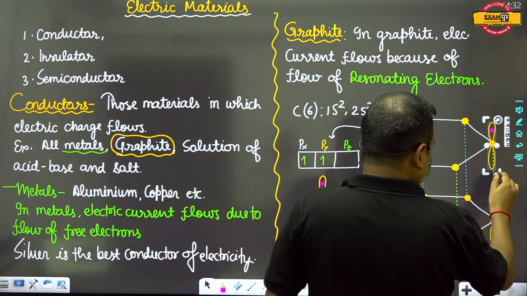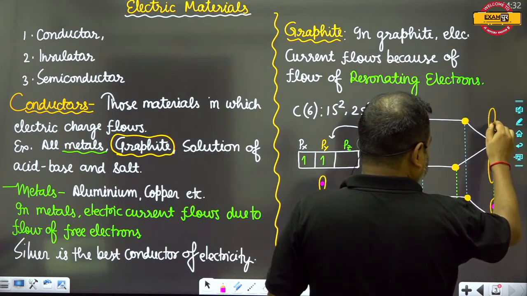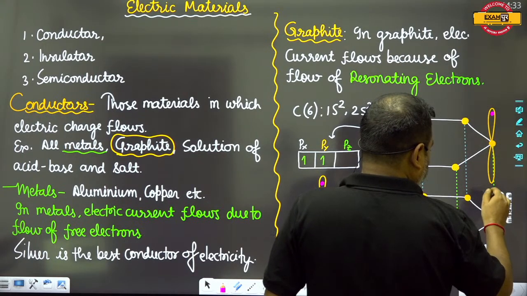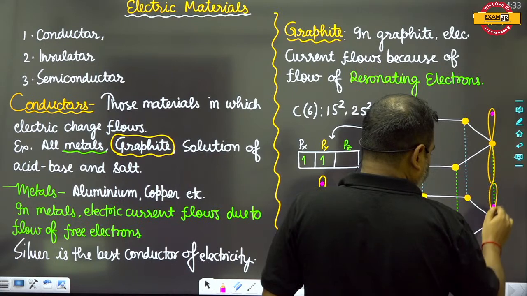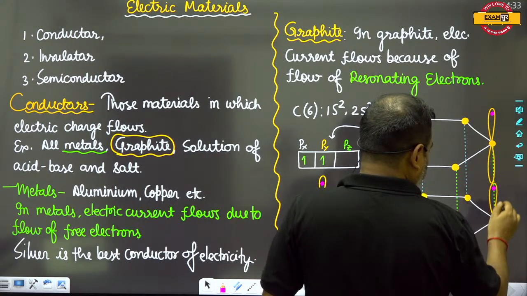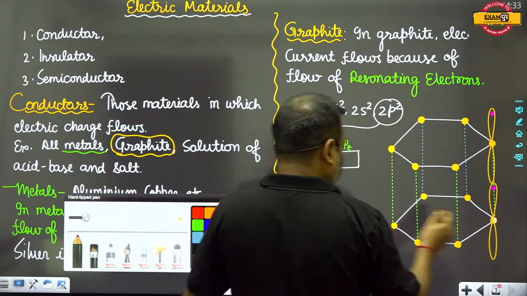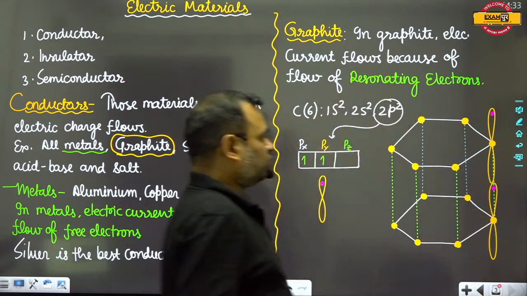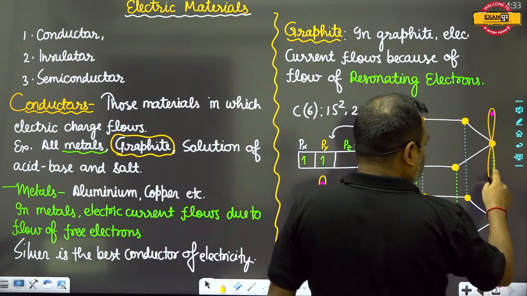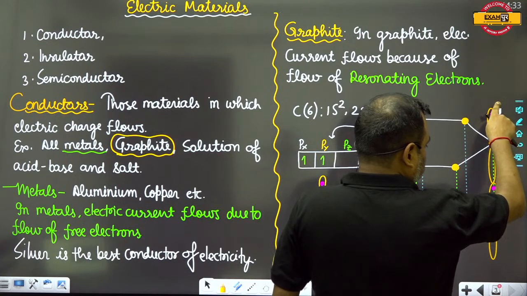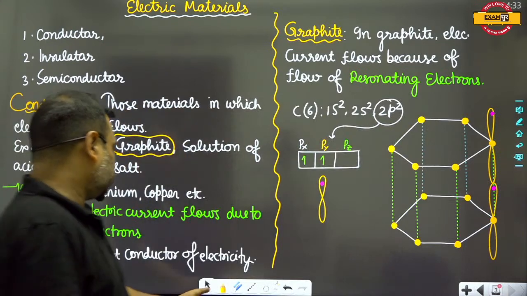P orbitals are always like this, and these are known as the lobes of an orbital. The orbital is just like a room for an electron. Now you can see that the lobes of these two orbitals are touching each other, hence this electron